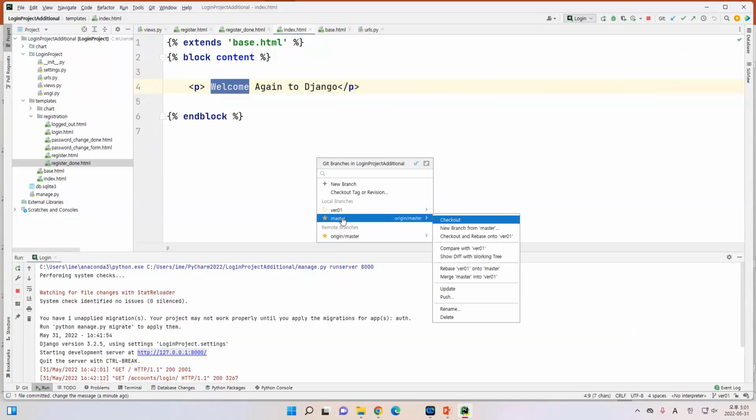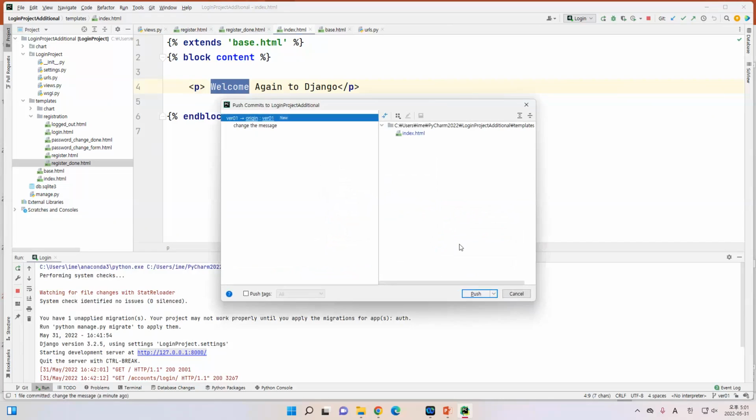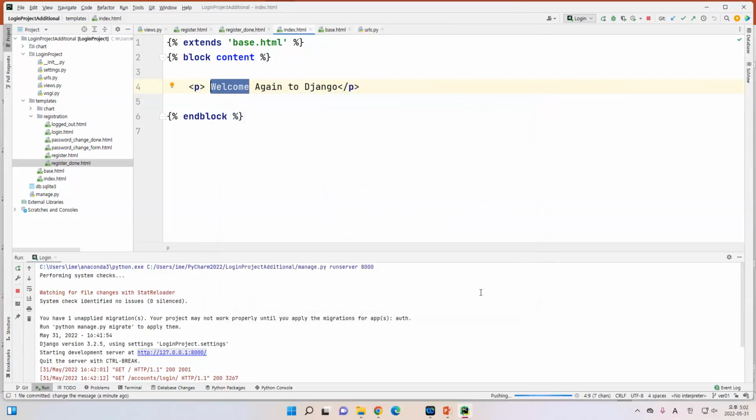If you want to update into the master, you can also do this one. You can update, you can push, and so on. If you want to do it in the version 01, you can also do the same. Let's say you want to push. Okay, so let me just push into the version 01. Here it mentions that it will update the version 01, so your file will go to the version 01. If I push,